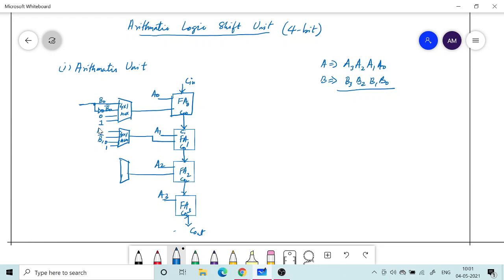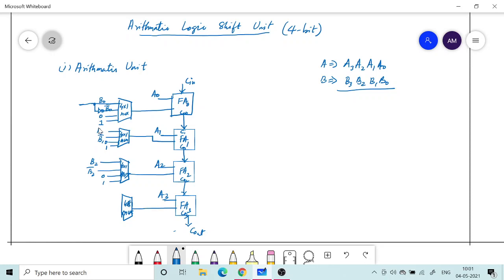So output is connected as the second input to the full adder. So 4 by 1 mux. So here I will give B2, then B2 bar, then I have 0, and then I have 1. One more. Again a 4 by 1 mux.